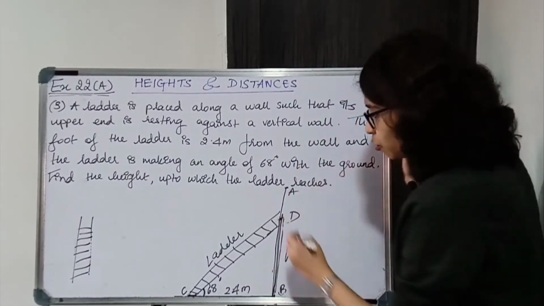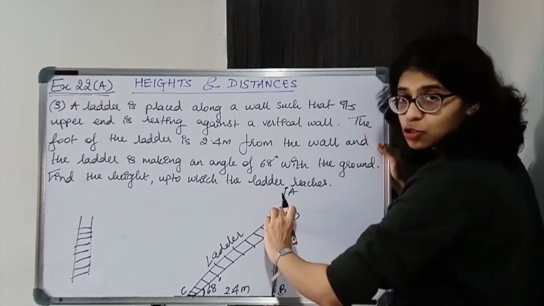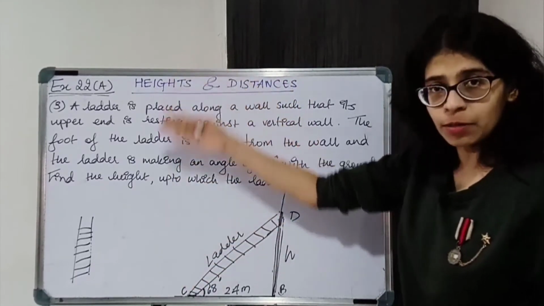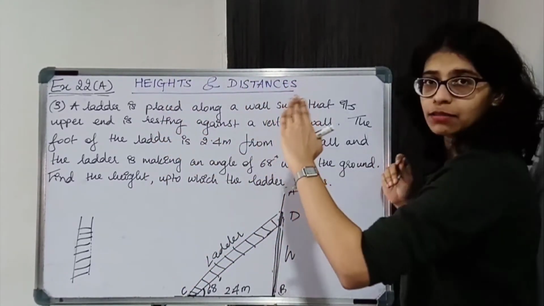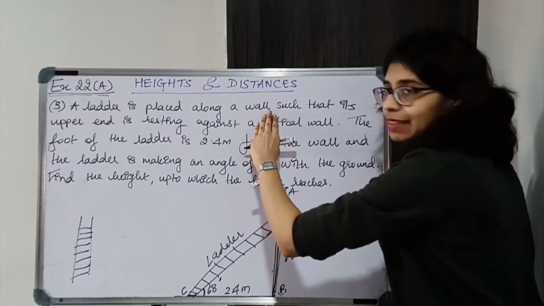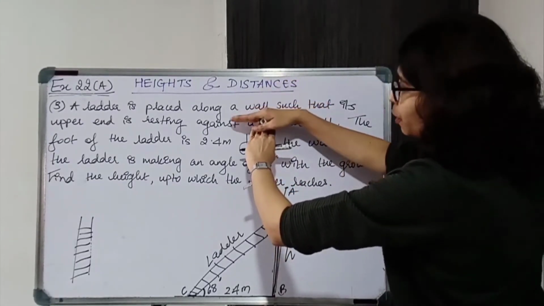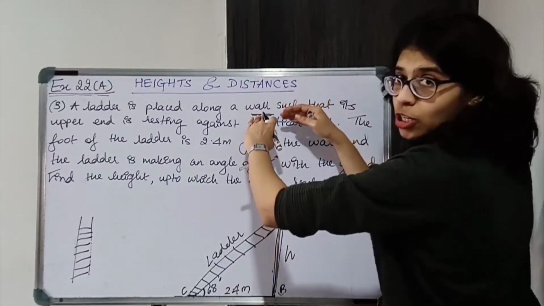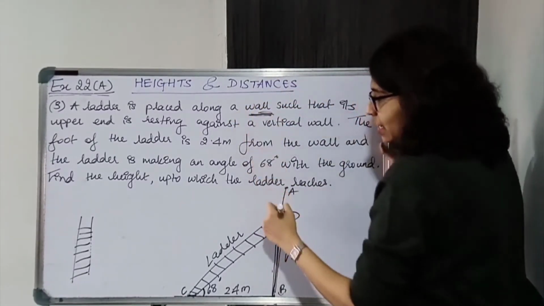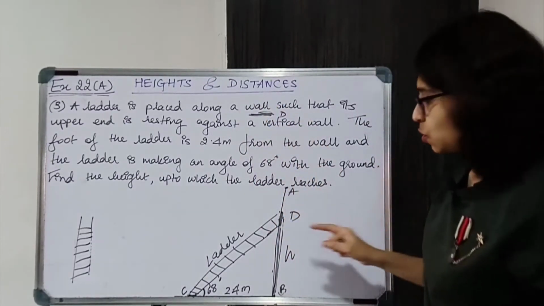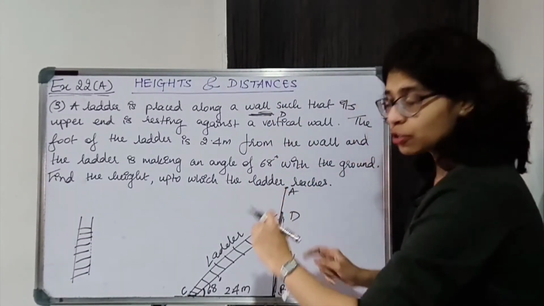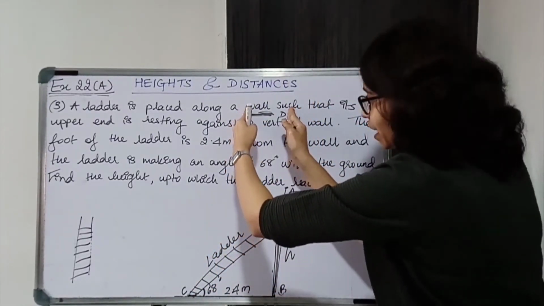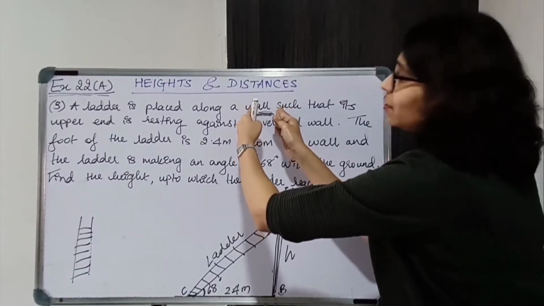Now over here you must be thinking there are 2 points where the ladder is touching, but practically, if you go to see, if this whiteboard is the wall and this is the ladder, my hand is a ladder. If you're placing the ladder like this, the ladder is going to touch this level. So this level where my hand is touching, this level we are taking as D, okay. So this level is D. Here 2 points are coming because we are observing like this, but the ladder will be placed like this, okay. So when you place the ladder like this, it will reach this level D, okay.